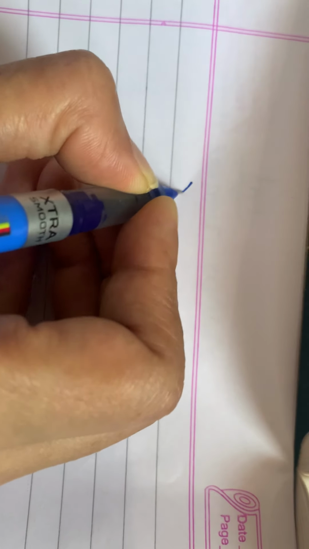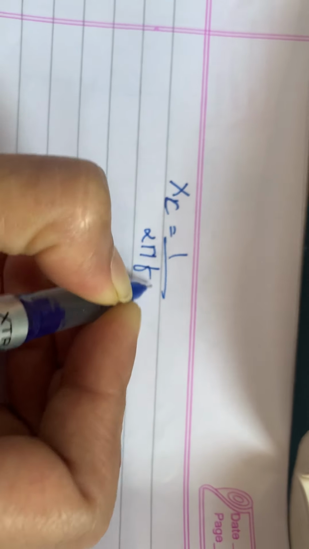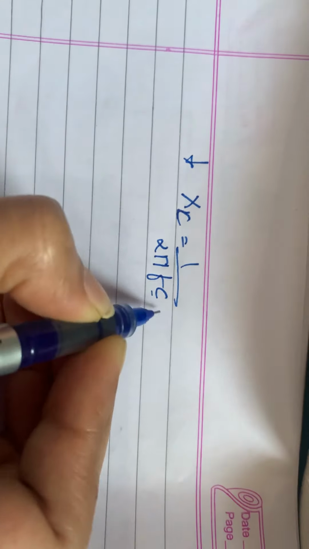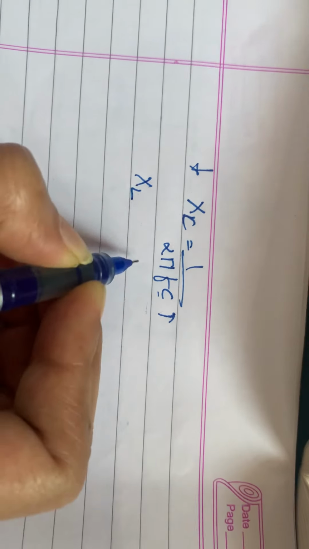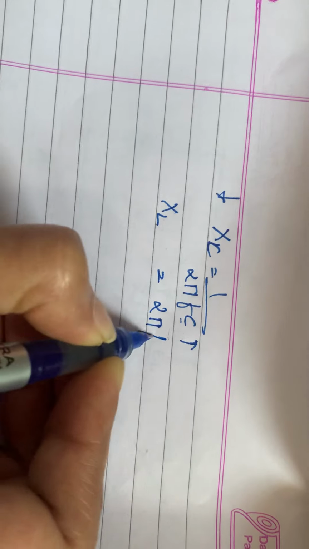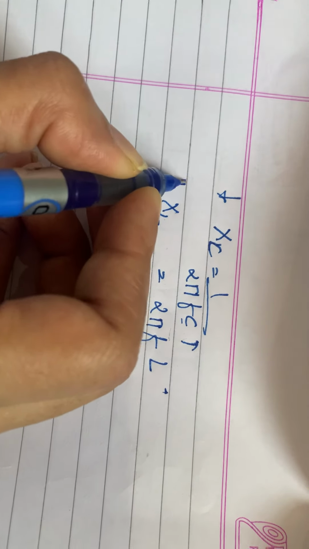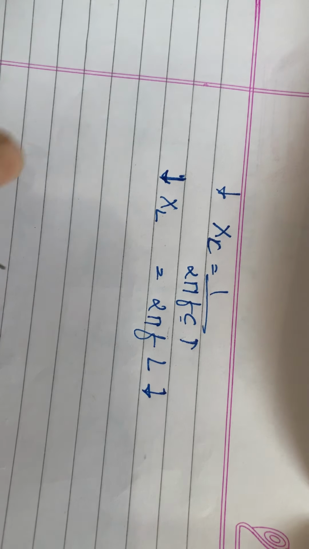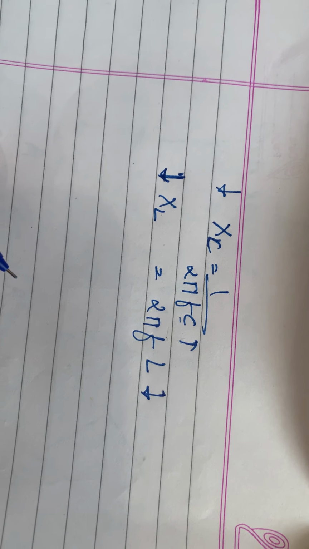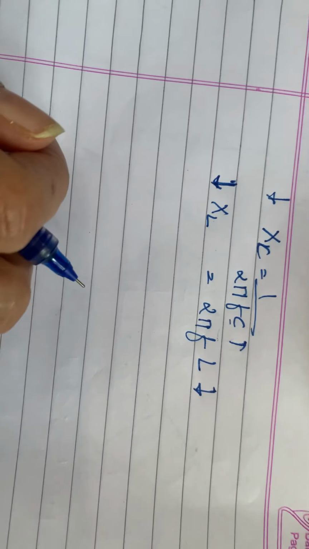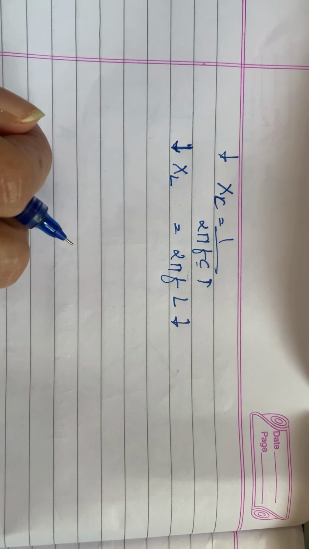Since it's a low impedance, we know that Xc is equal to 1 upon 2 pi Fc. So when I say low impedance, the capacitor value is definitely going to be large. If it is inductor, we know that it is 2 pi Fl, so a small impedance means a small inductor. So when we say low impedance has to be measured, it is either a small resistor, a small inductor or a large value of the capacitor.